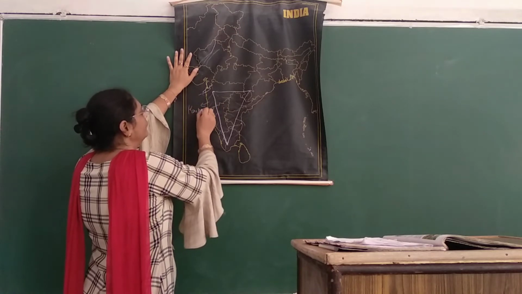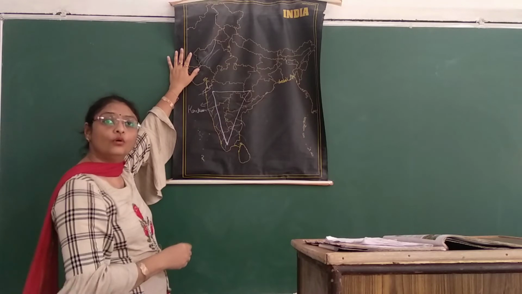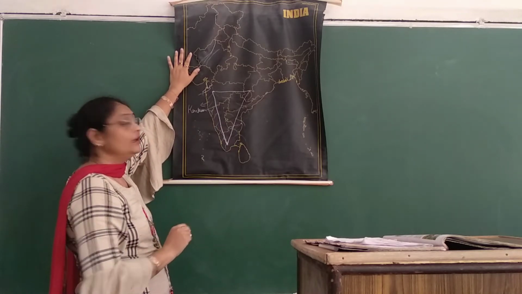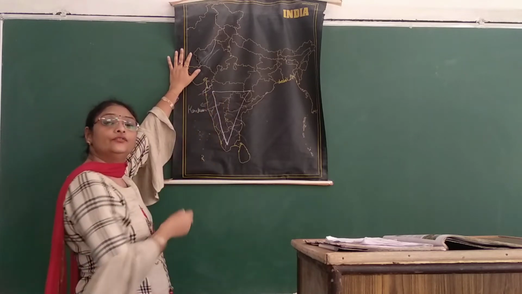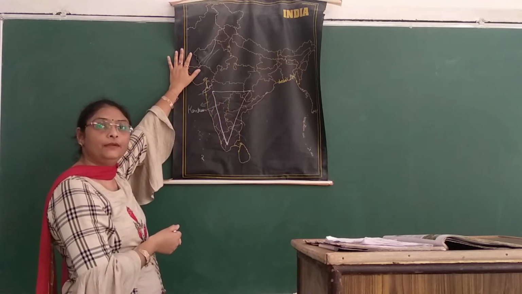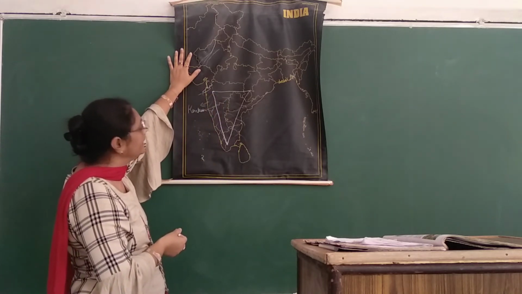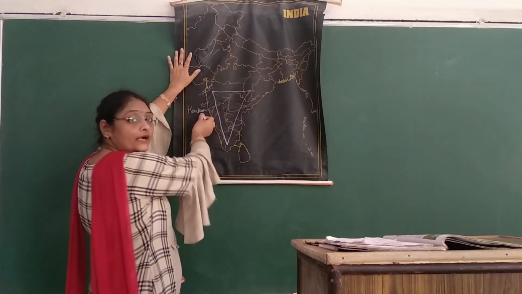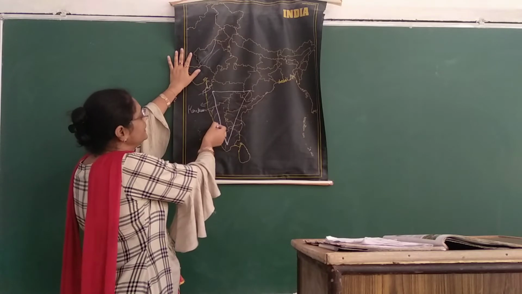Konkan, the area from Mumbai to Goa. Underline it here both. The northern part of the Western Coastal Plain, the area from Mumbai to Goa. This area is known as the Konkan. The central stretch